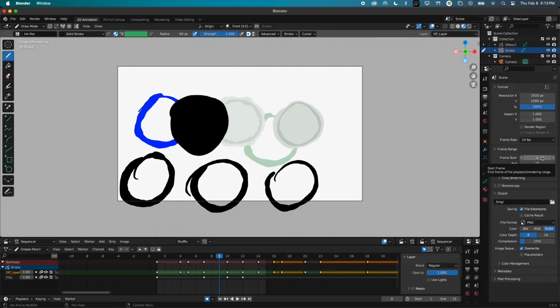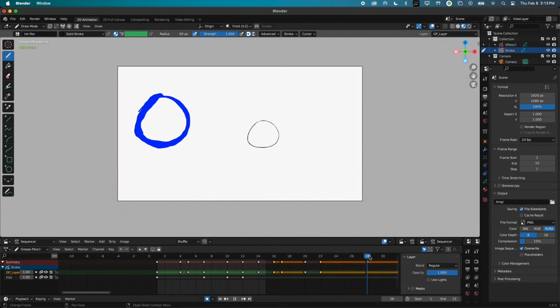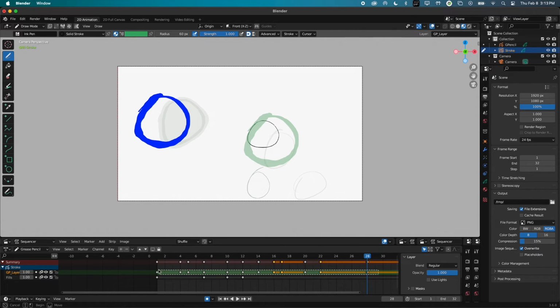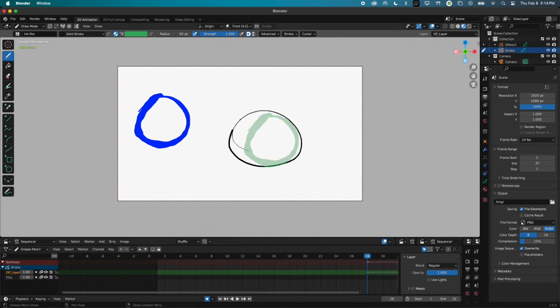You can change the frame range. And then you can change the output. For right now, I'll set the frame range to 32. And I'll change all my animation so far. I'm just going to make it one circle that's on the screen, but I'm going to add some camera